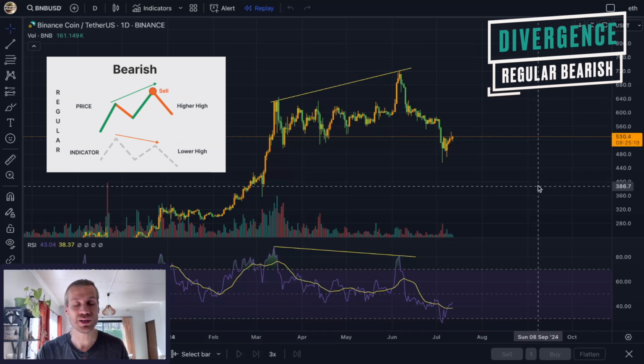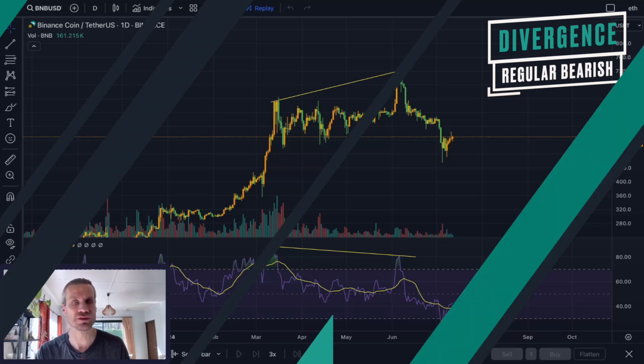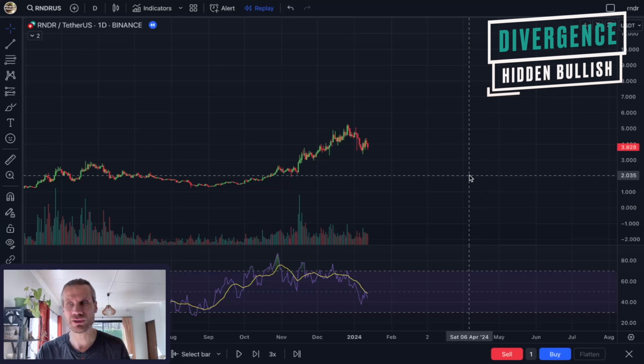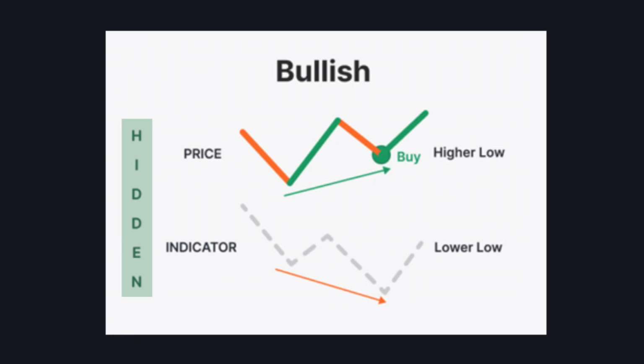So that's how you identify regular bearish divergence. Now let's see if we can identify some hidden divergence to spot continuations in the price action and not reversals. So this is RNDR, and we're going to try and use this to see if we can spot some hidden bullish divergence, which would tell us that the price action is potentially going to continue higher